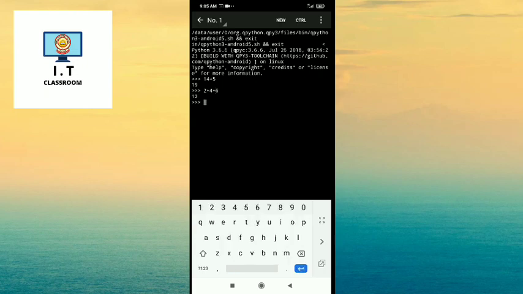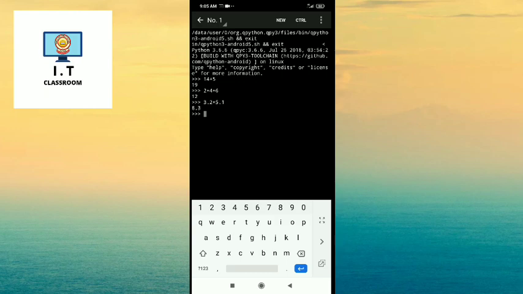Let's see few examples now. If you want to add two numbers, you have to use plus operator. It is also called addition operator in Python. In this way, you can add the numbers by using addition operator.